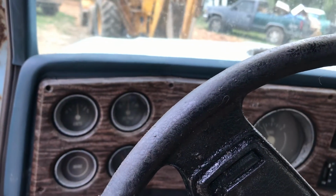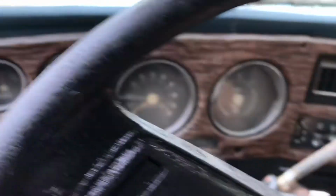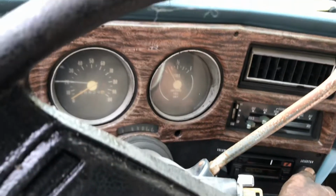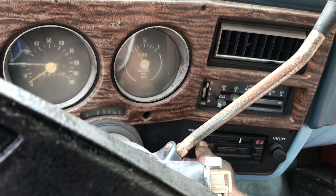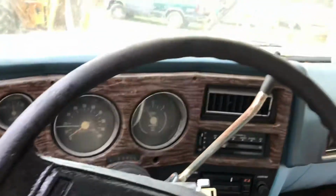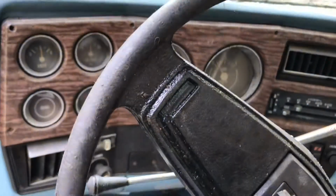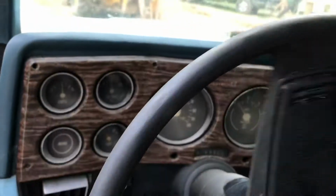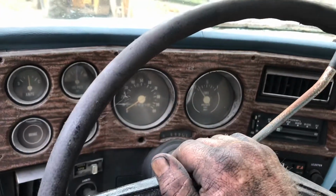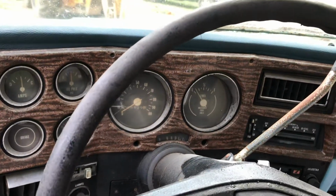I'm gonna try to rebuild the carburetor tomorrow. Let's see here. Old radio still works. It's just an older tape player, but it seems to work good. The heat will run you out of this thing. But yeah, the brakes are working great. I got to bleed them just a little bit, but if it wasn't for all this stuff in the bed, I would. Yeah, horn works. I didn't know if the horn worked or not. But yeah, everything seems to work. The dome light's not working. I may tinker with that, but